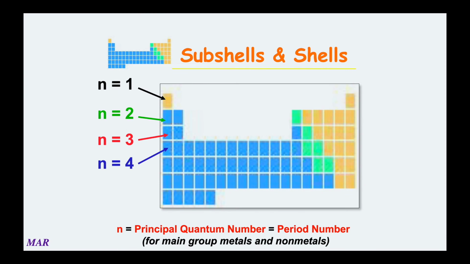The periodic table is actually based around these quantum numbers. Now we're going to see that, with a little bit of exception, the n equals 1 shell is going to have just hydrogen and helium, only those two elements. And the n equals 2 shell is going to be lithium through neon. And you can see n equals 3, n equals 4, and so on. So the shell number is something you can actually see in the modern version of the periodic table. The period number on the periodic table is kind of where the shell is. And there's a few exceptions to it, and we'll talk about that. But it's kind of cool to see how the shell number is actually related to the period number on the